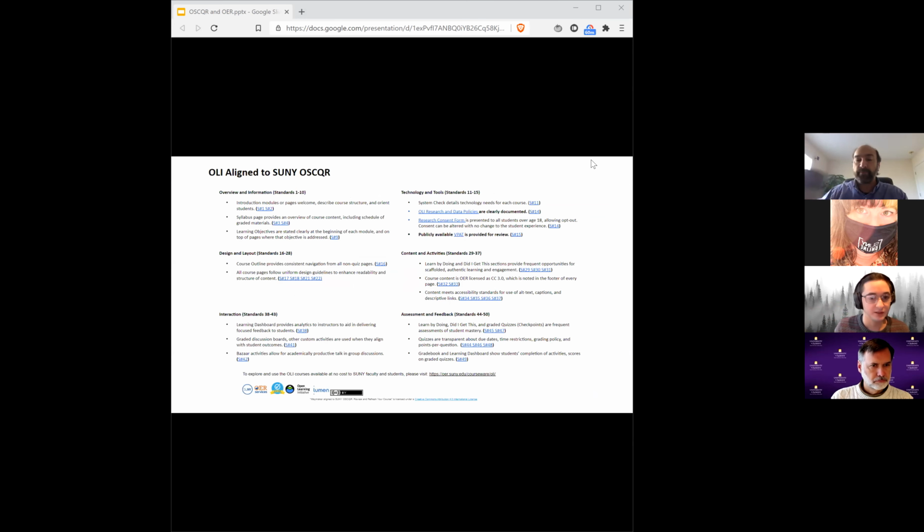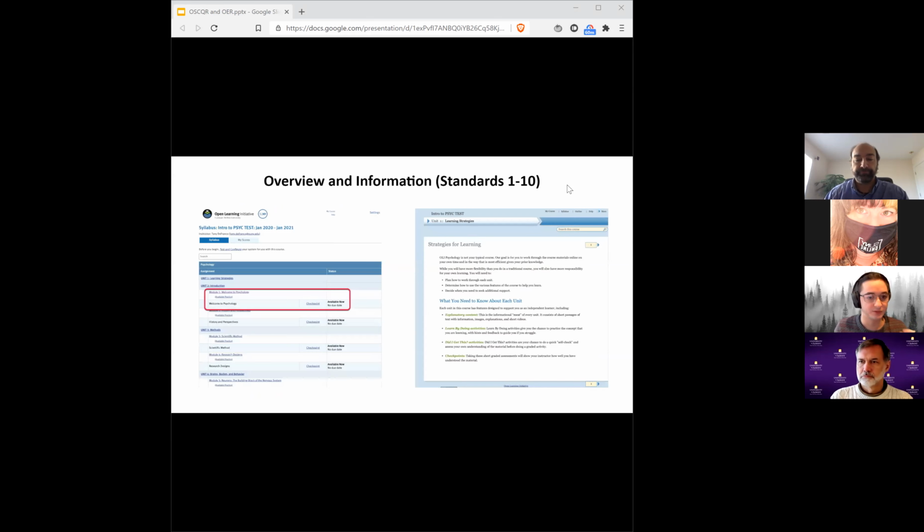So you've seen the rubric. I'm not going to go through this in detail. First category, overview and information. Some of the rubric is talking about introductions and syllabi. So most of our big courses, these are the courses you would be more likely to adopt, will come with this